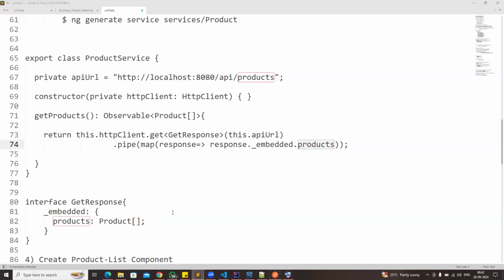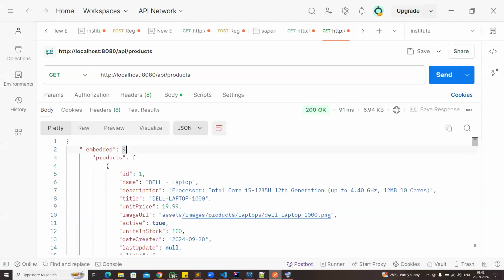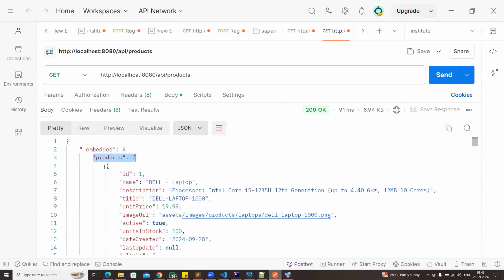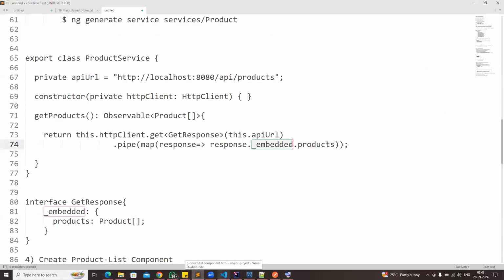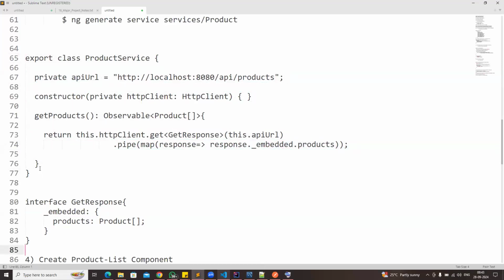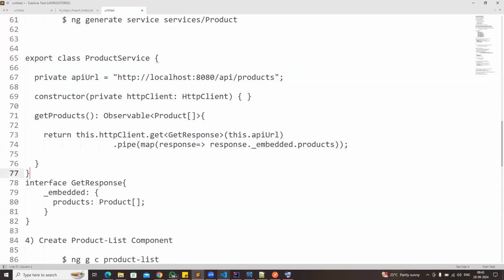So this is the response we are getting. This is the complete response. From this, in the embedded container, products are available. I want to read only this data, direct data. So embedded.products will give me the array. How am I taking that? Embedded.products from the response, and then it will be converted into product array format. So this is my service class, which is going to get the response